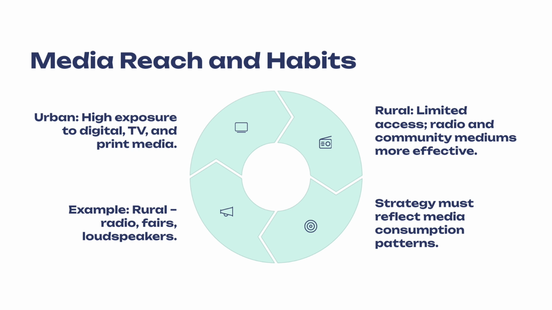Learners, it's time again to think about this. If you were launching a new agricultural product aimed at rural farmers, which media channels would you prioritize for your advertising campaign and why? Come on, think. Okay, let me help you. Radio, local newspapers, agricultural fairs, and even public announcements through loudspeakers might be more effective than solely relying on television or digital advertising in many rural contexts. Is it not so? Coming to our next parameter of differentiation between urban and rural markets is rural sales promotion.